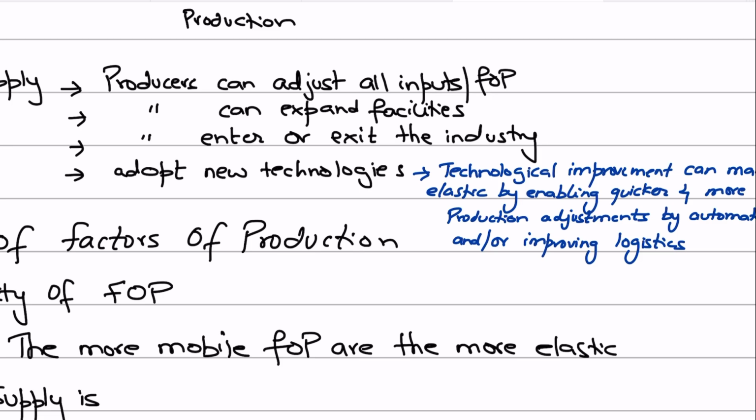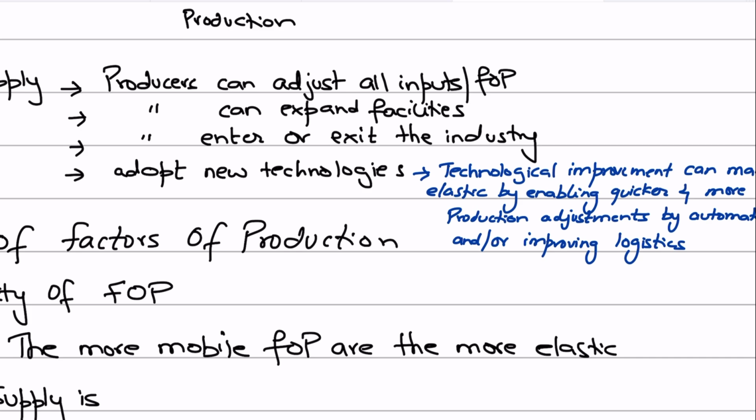The long run is a period of time, guys, in which there is sufficient time for new firms to either enter the market or for existing firms to leave the industry or the market, right? So price elasticity of supply, then, guys, in the long run is what again makes the supply more elastic. Why? Because firms could then easily respond, new firms could enter, and that would help increase production, right? For example, in the long run, like I said, new firms can enter the market if the demand for the product is going up and the market is profitable, because when the market demand goes up, the prices would go up, and that would attract more production.